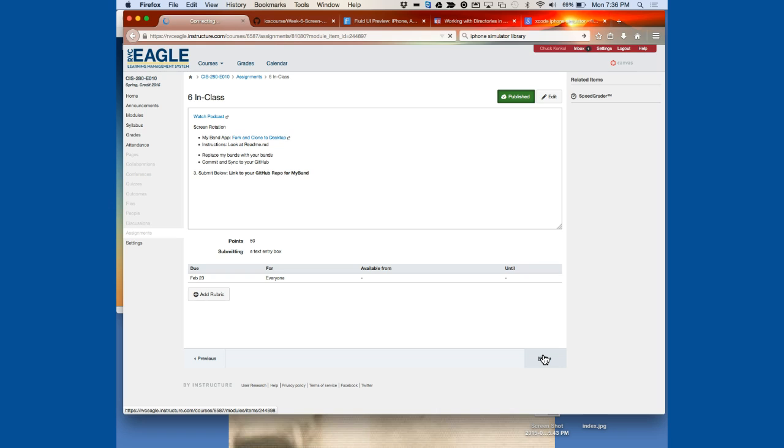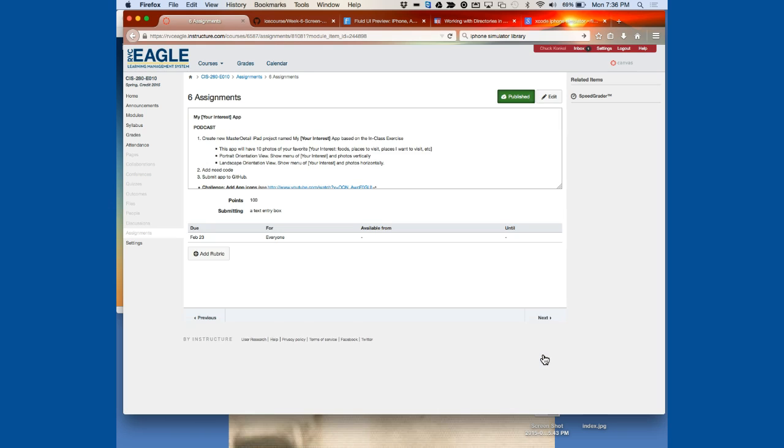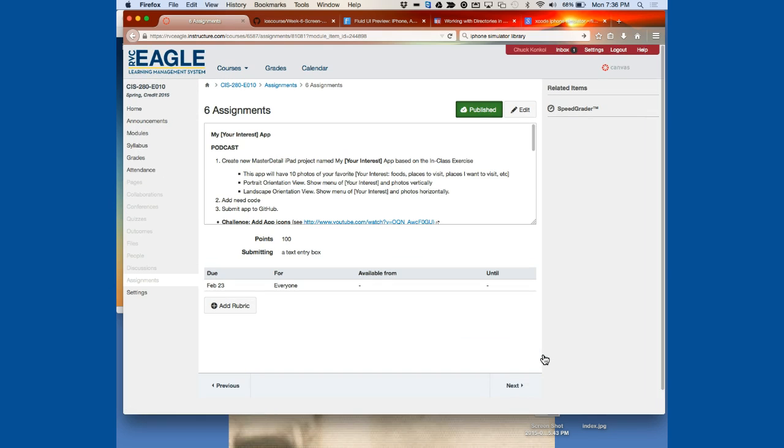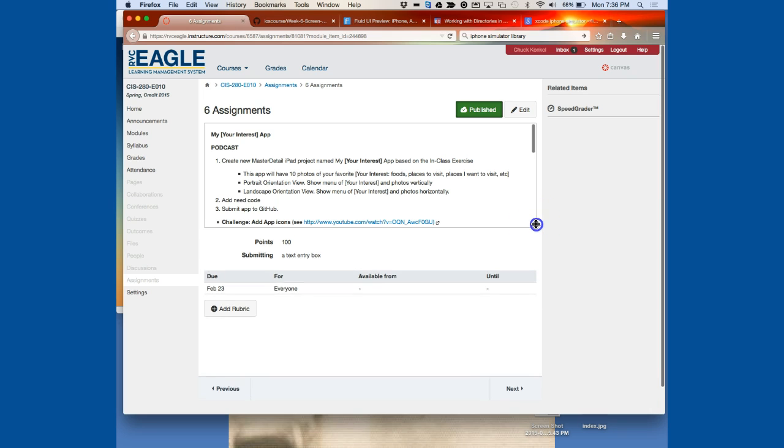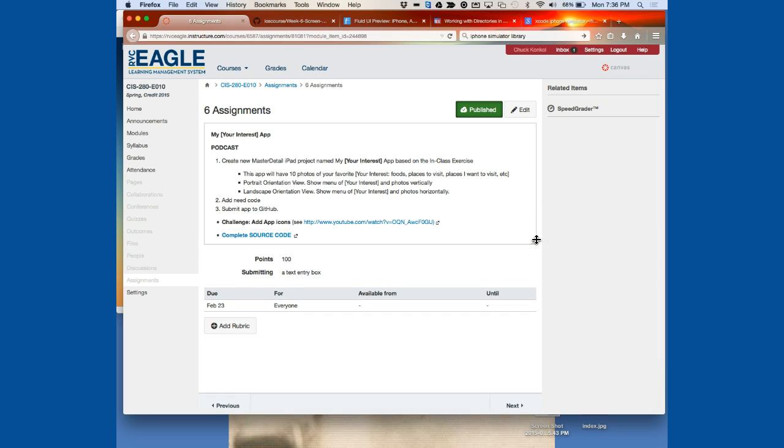For the take-home this week, you're going to add upon what you've learned tonight for master detail using images and screen rotation, and you're going to create a master detail app project of your choosing. I put in here, of your interests, called Your Interest app, where you create a new master detail iPad project named My whatever, say my food, my music, my cars, my trucks, and you're going to create an app that has 10 photos on it,